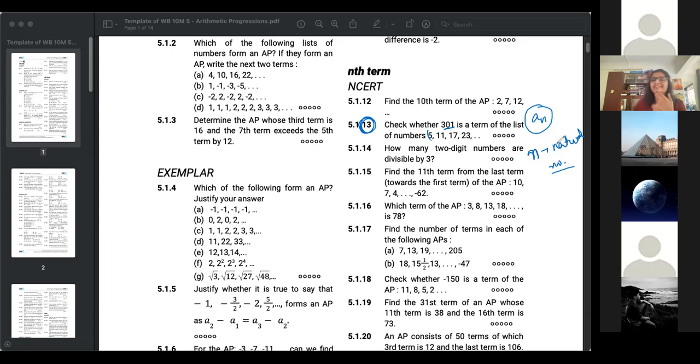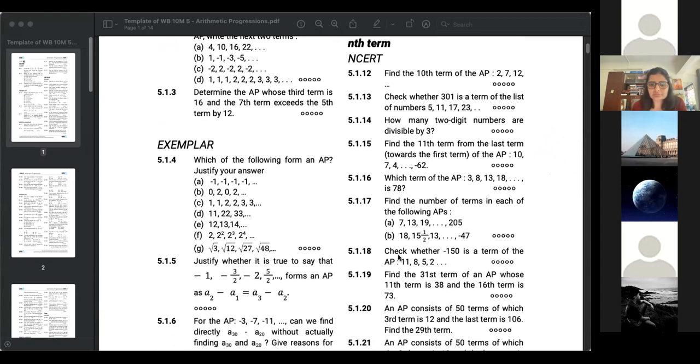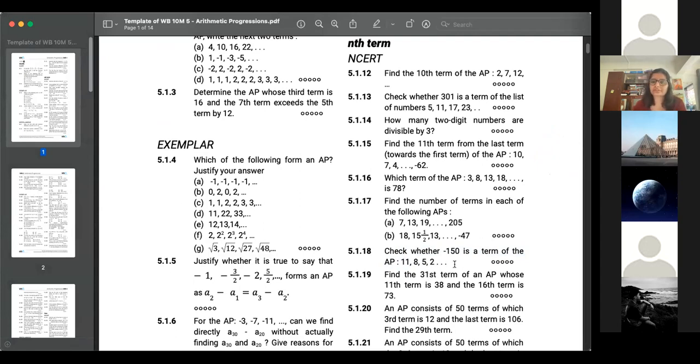That's what I literally just discussed. N should be a natural number. It should be a counting number, because n means in an AP, which term it is. Anirban, where are you at? The answer is coming decimal. Yes, so then it's not a term. Good.